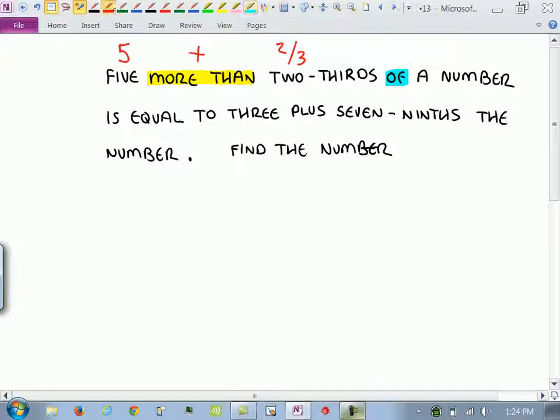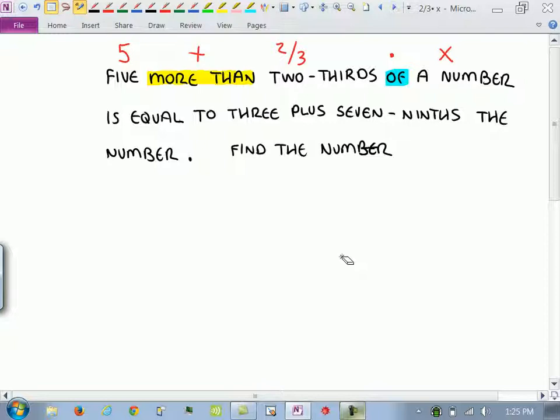Okay, so if you say 2/3 of a number, it's 2/3 times that number. So I'll put a dot and then x. Now usually we don't write the dot. It's called implied multiplication, right? Whenever we write 2/3 x, that's really 2/3 times x, but we don't put the dot. But I want you to see that that of is a dot. So 5 more than, so plus 2/3 times x of a number is equal